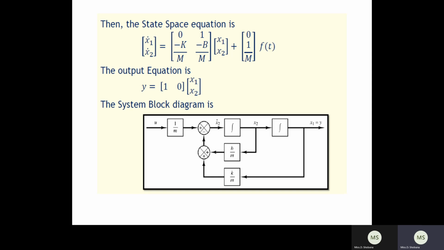So from this you can write the equation. So here x1 divided by x2. So first equation we will be getting that is L into dx1 divided by dt, right? From that you can write the state model and also you can write the output model. So for any given mechanical system and electrical system, you are able to write the state model. Okay, so that is what has been given here.